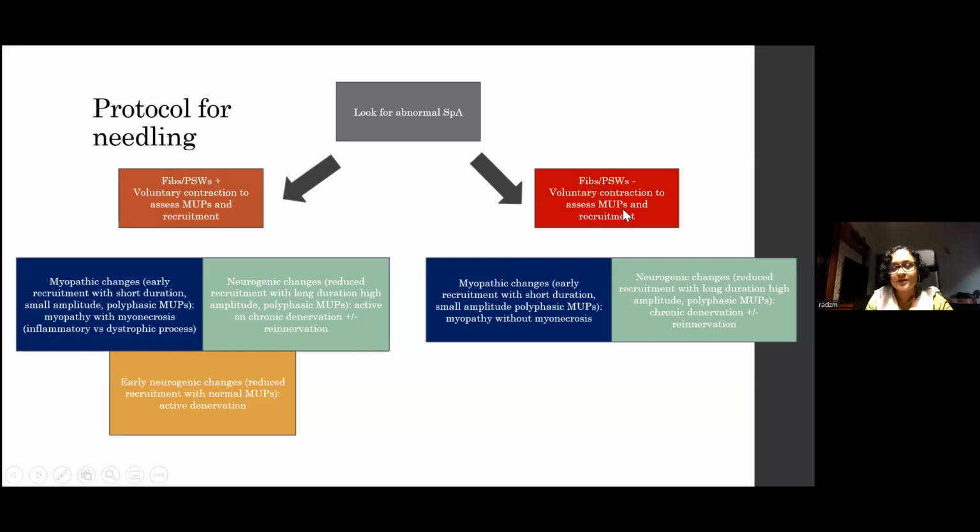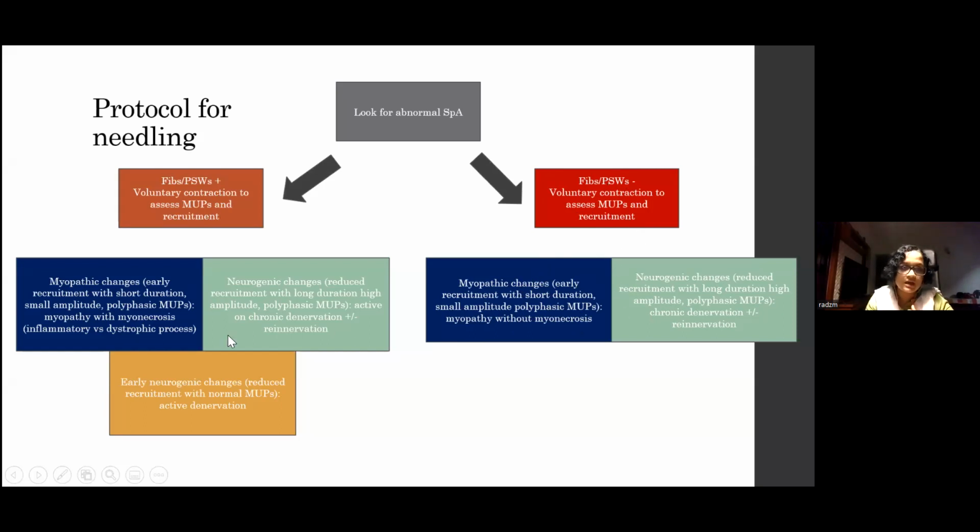Now, suppose you're looking at the muscle at rest and there are no fibrillations or positive sharp waves. You still contract the muscle, you want to see what motor unit potentials are there. Myopathic changes, early recruitment with short duration, same thing. That means myopathy without myonecrosis because no fibrillations and positive sharp waves. Neurogenic changes, you see chronic denervation with or without reinnervation, but no active denervation because there are no fibrillations or